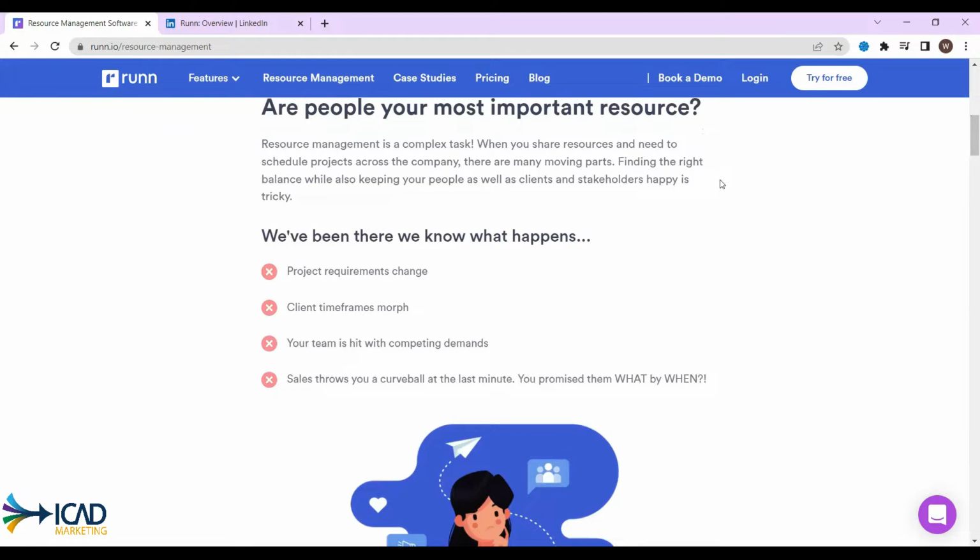This could probably be improved upon, because for me this just seems like generic pain points that almost anyone who runs a project would come upon. What I would love to have seen is highlighting pain points that are more specific to incidents that their clients have actually run across, right?